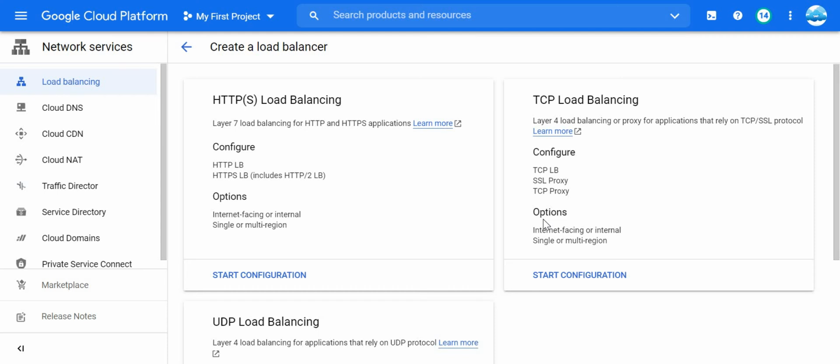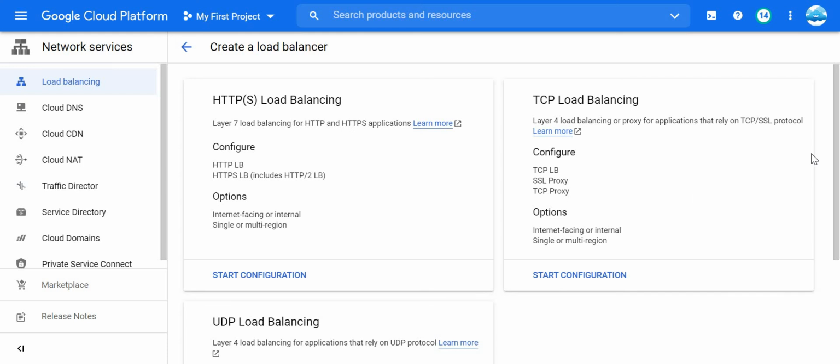So just wanted to give background on load balancer. What it is? Basically, if you have multiple instances, which are our GCP instances, and you want to load balance everything, like your load should be balanced equally on all your instances. Suppose you have 4 instances for one application, so you want to distribute the load on all 4 application servers. So how to do that? You can do it with the load balancer.